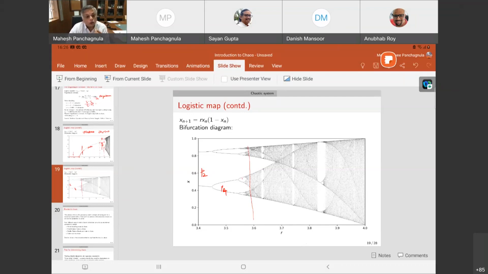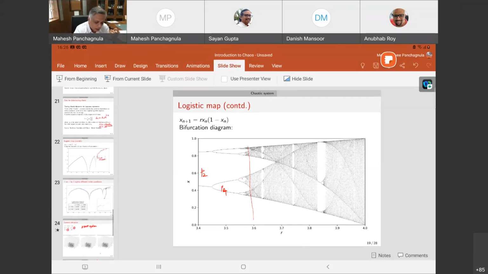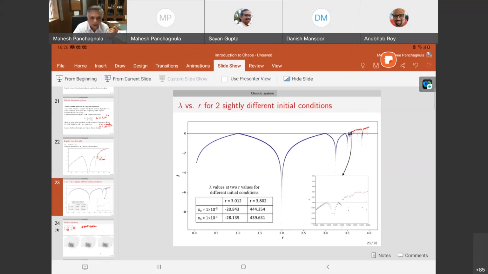Not really. So I showed you the example where even for the logistic map, you can show two different initial conditions giving you the same Lyapunov exponent. So certainly the Lyapunov exponent that you compute from various sets of initial conditions would not be very different. And more so, if I'm only interested in the sign of the Lyapunov exponent, that certainly will not depend on the set of initial conditions.